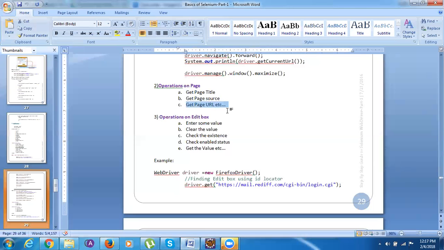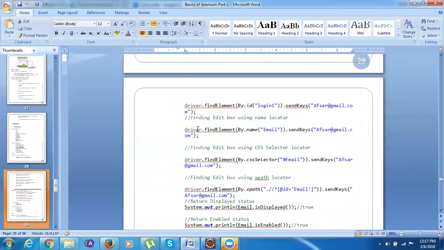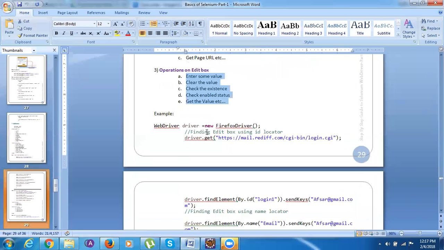Operations on edit box. In edit box, what are all the things you operate? You just enter some value on that, clear the value, check the existence, check the enable status, get the values, etc., right? So let's see